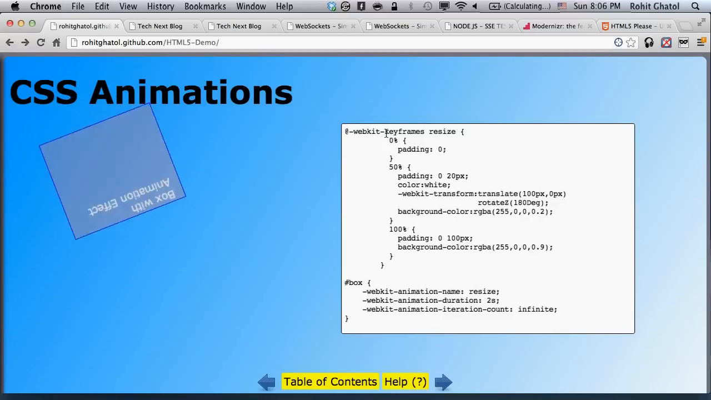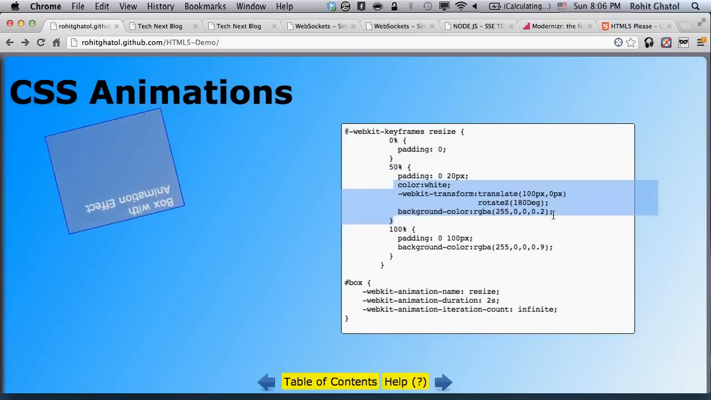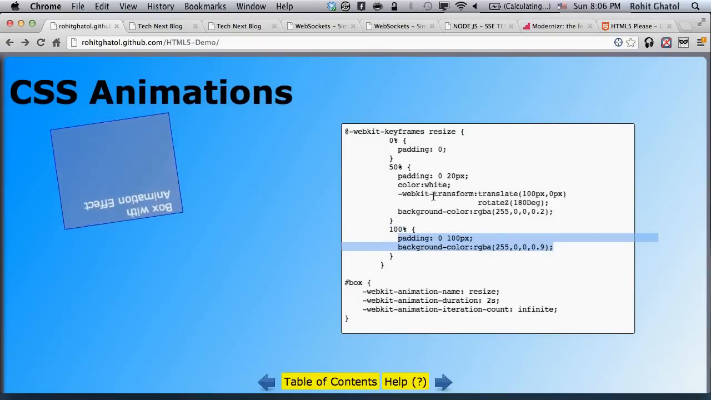So in this case, you do two things. You define a keyframe. Ignore the WebKit part. This is again, making it very browser specific. So keyframes, and you're saying this is the resize animation. Here you're talking about at 0%, these are the CSS properties. At 50%, these are the CSS properties. And at 100%, these are the CSS properties. So you're laying out frame by frame,